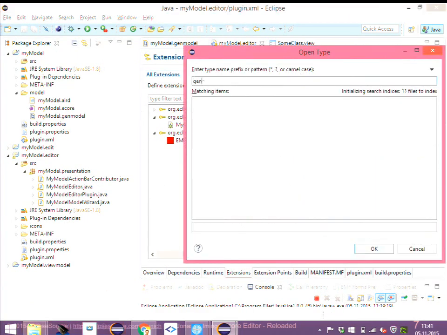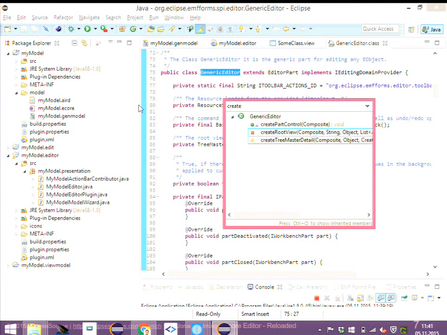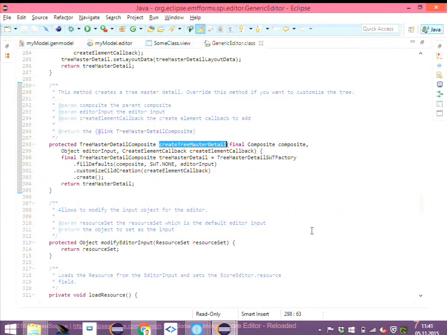So let me open the generic editor and then browse to the create tree master detail method. This is the method in the generic editor which creates the tree master detail, including the forms. And as you can see here, it uses a tree master detail SWT factory, and that's the only thing that you have to provide. So it's basically the parent composite to render this tree master detail on, and the input